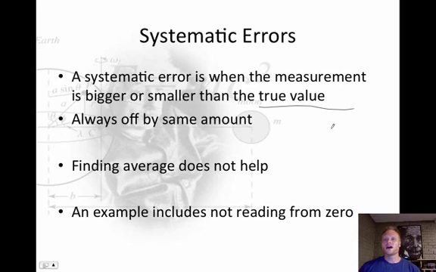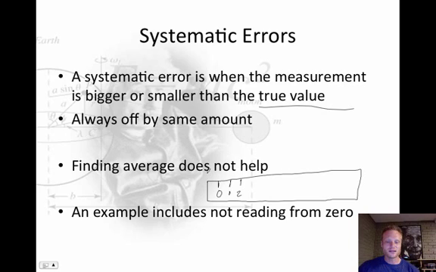A good example of this is not reading from 0. What does that mean? Let's say you have a ruler, and I can't tell you how many times I see students do this, and I wish they wouldn't even make rulers this way. Let's say the 0 starts right here, and then here's 1 and 2 and so forth. Students will say they want to measure a pencil, and, again, I'm not a real good artist, but here's a little pencil. They started at the end of the ruler where the 0 isn't even there. Really, the pencil needs to be at the 0 mark. And so they're always measuring a little short on every item that they're trying to measure. And that is a